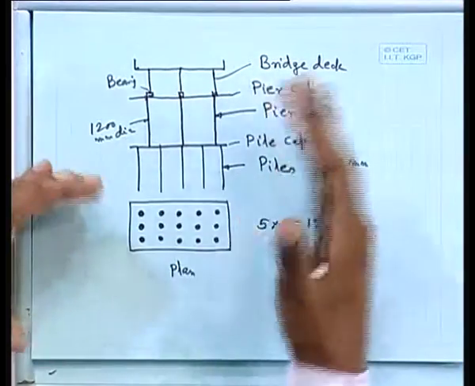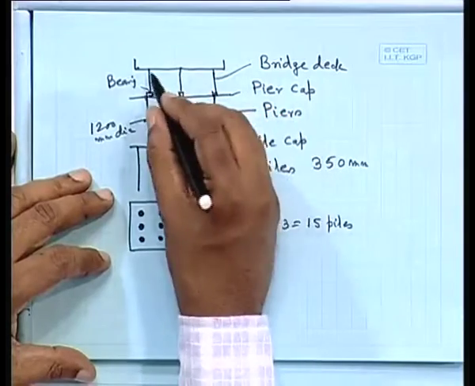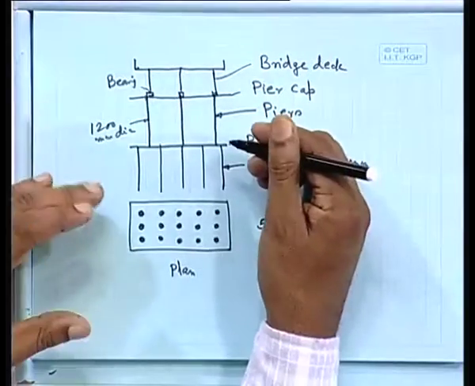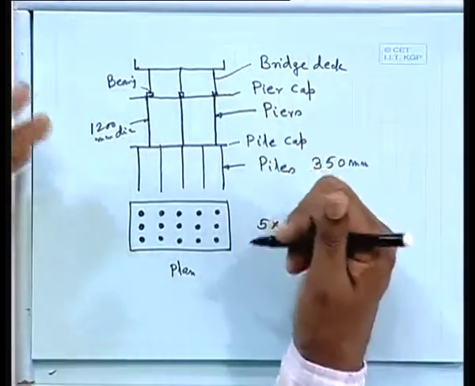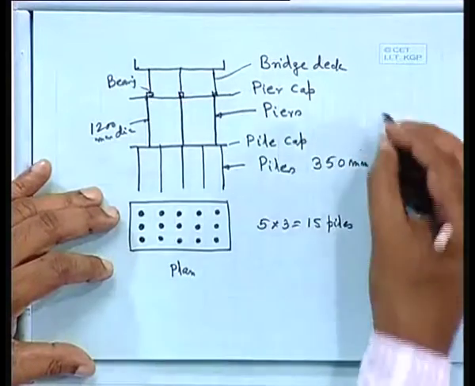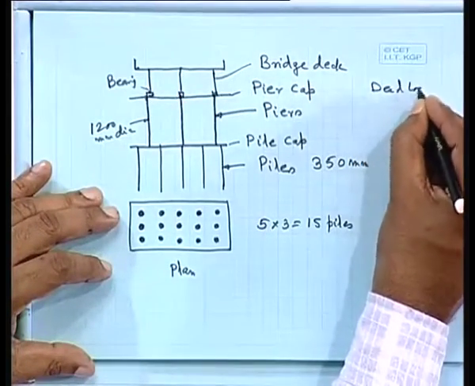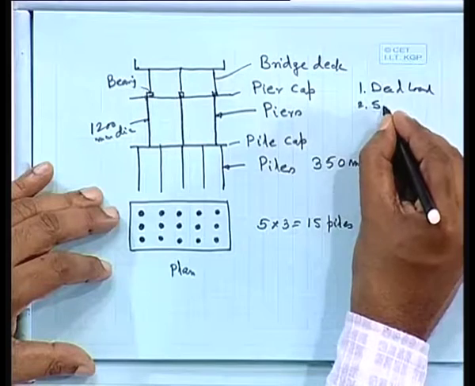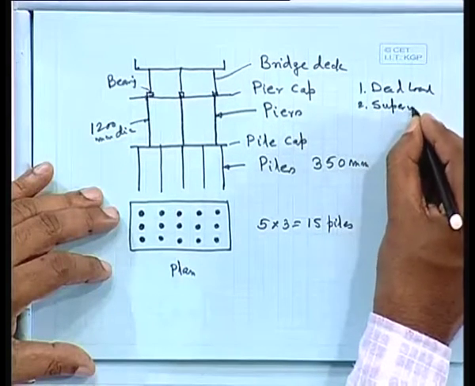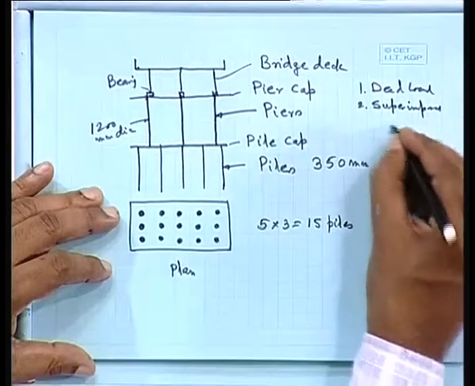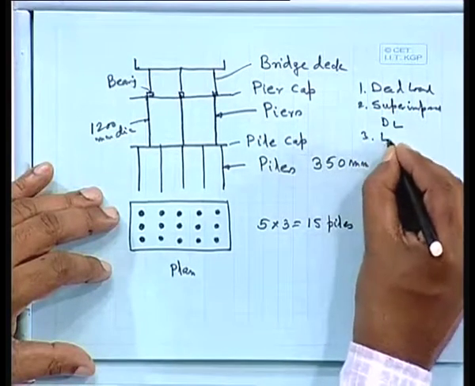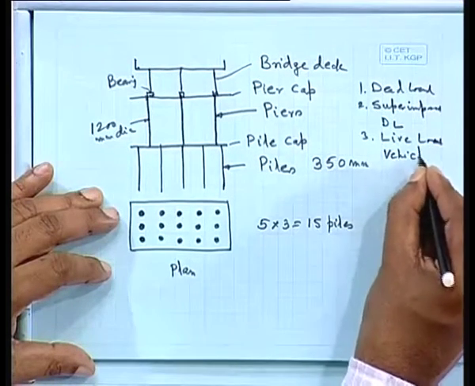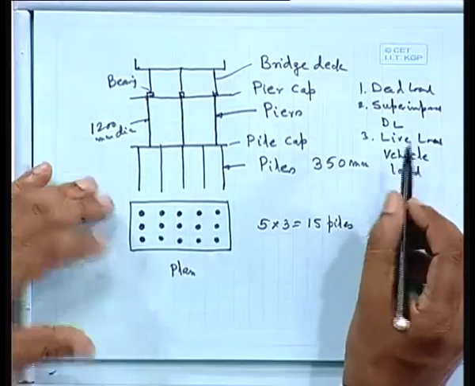Though we are going a little bit out of context, even then I shall tell you, and we shall do it for at least one multi-story building later on. We shall analyze as well as design that one, and see what the different load cases are. One is obviously dead load. The other one we call superimposed dead load, then live load in terms of vehicle load. There may be different classes of vehicles.